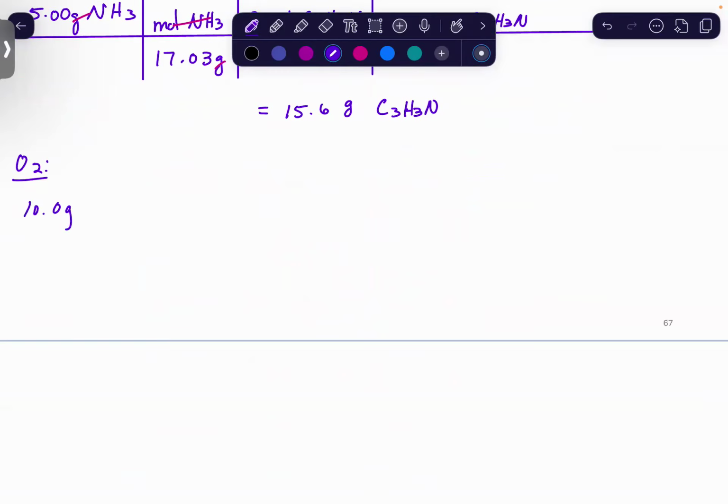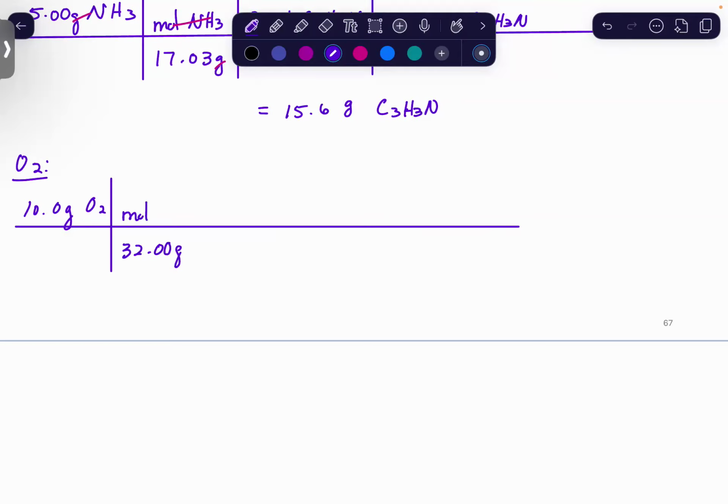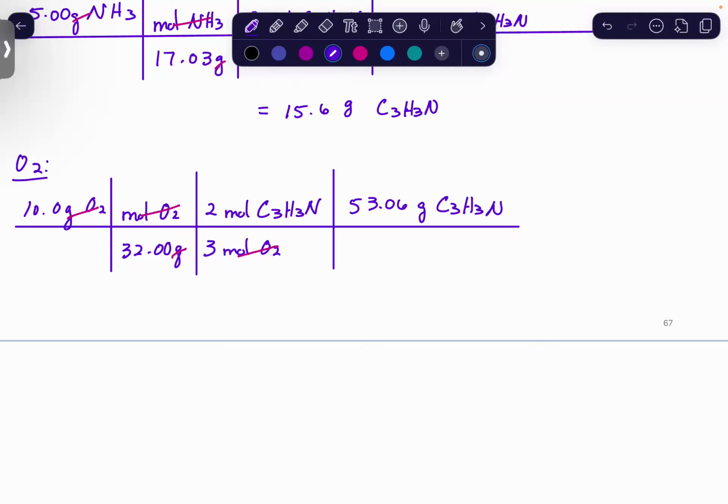Okay, so I had 10 grams of oxygen. Turn it into moles. 32 grams per mole of oxygen. The mole to mole ratio, because now grams is gone. This time we have 3 moles of O2 to 2 moles acrylonitrile. Again, coefficients from the chemical reaction. And now that I have those moles of acrylonitrile, I need them in grams. Moles is gone. And this is going to leave me with 11.1 grams